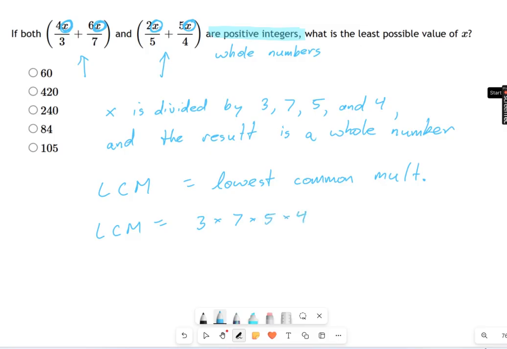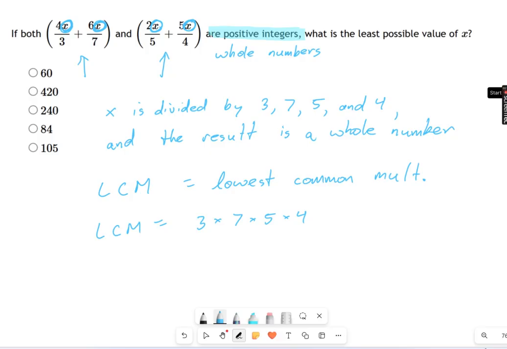Now, this doesn't always give you the lowest common multiple. It always gives you a common multiple, but sometimes it gives you something higher than necessary. And what it comes down to is, in these numbers that I just multiplied together, were any of them repeated? Because if they were repeated, then I'm going to get a number that's higher than it needs to be, right? If I said, what's the lowest common multiple of 3, 3, and 3? It's not 27. It's still going to be 3, because I don't need to repeat myself when I'm doing the multiplication.